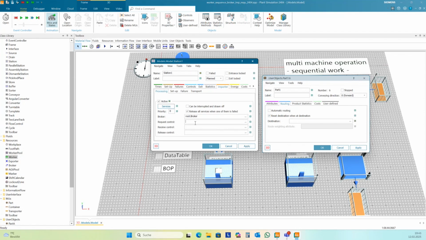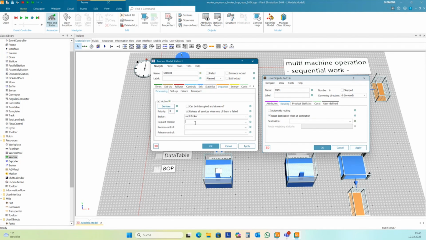Let's see, the next question I saw was asking, we need to set the destination MU target before calling the worker. It's kind of like yes or no. Yes. Otherwise, you get an error message that you don't have specified a destination for the transport. So you need to set it before you load the part on the worker.